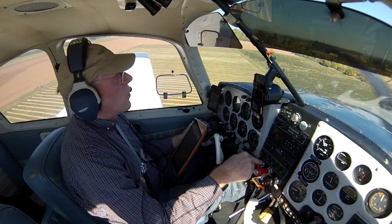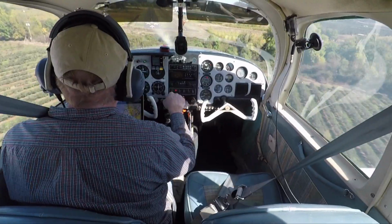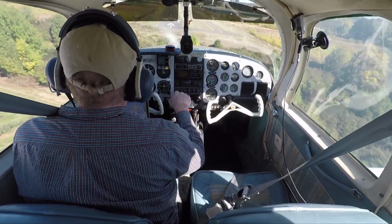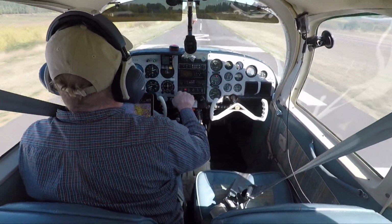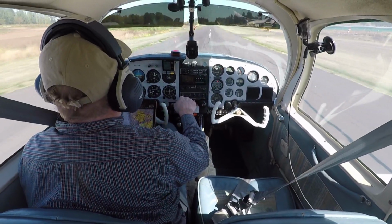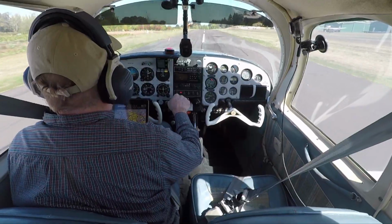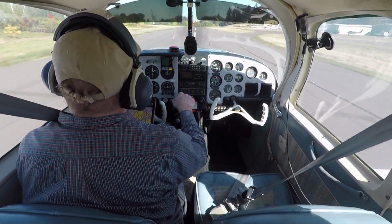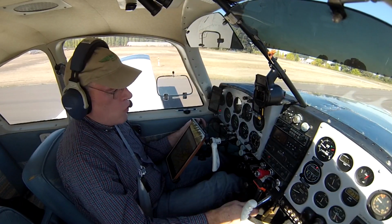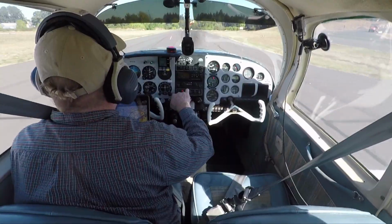And I actually end up slipping all the way down to the runway. You can kind of see the runway is in the middle of my half of the screen, not the middle of the airplane, and it's because I'm slipping. You'll see it straighten out right as I hit the ground. And so I was a bit high. I was debating about going around when I came down here, and right about the time I touched down is when I was getting ready to do the go around, and I still stopped in the first half of the runway, so got slowed down without any issues,